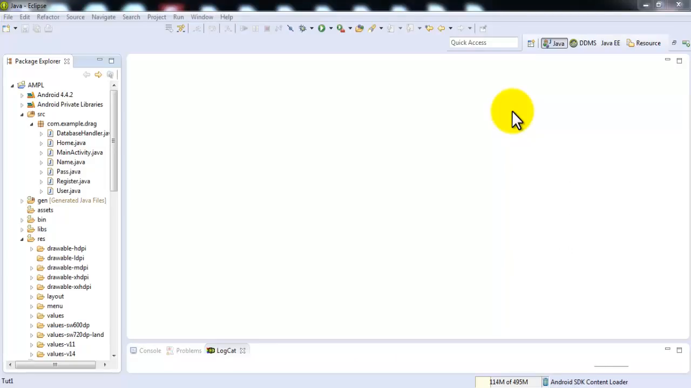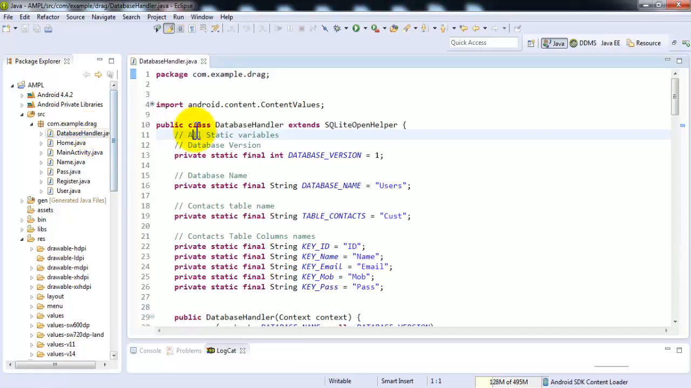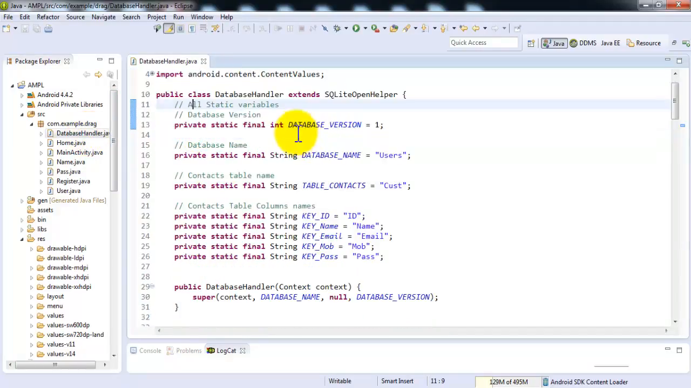Welcome to the Android tutorial for internal database. So if you have a project and if you open that, you will see that you have a database handler .java file. So this is our internal database. If you double click and open that file, you can see that the file would contain some